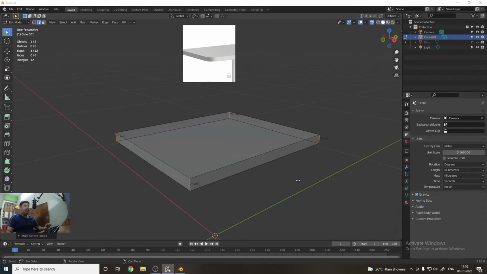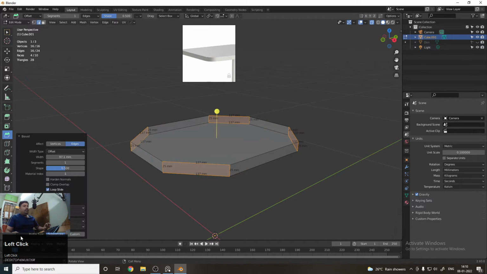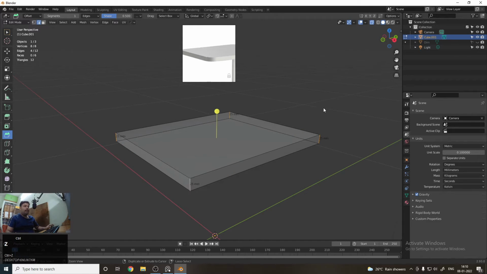So to create the bevel in Blender, here you can see the options to create the bevel. Click on it, and from here you can create the bevel, but you can see that the bevel is not coming because you need to create the segments. From here there is one panel, click on it, and from here you can increase the segments depending upon you. So what is the shortcut for it?